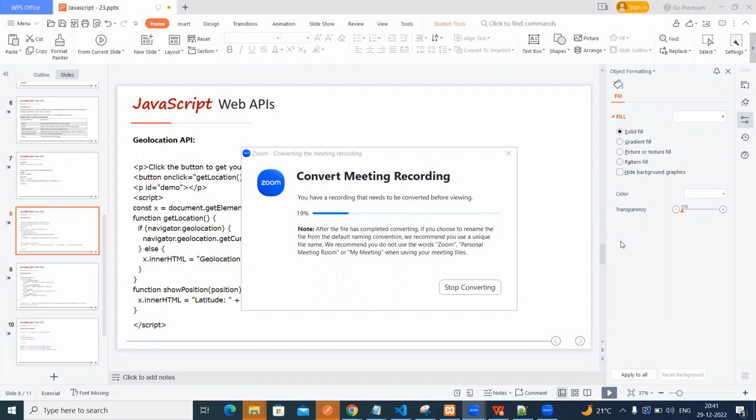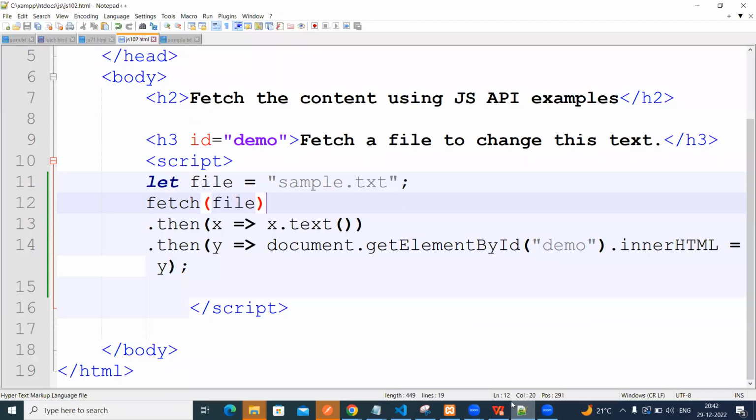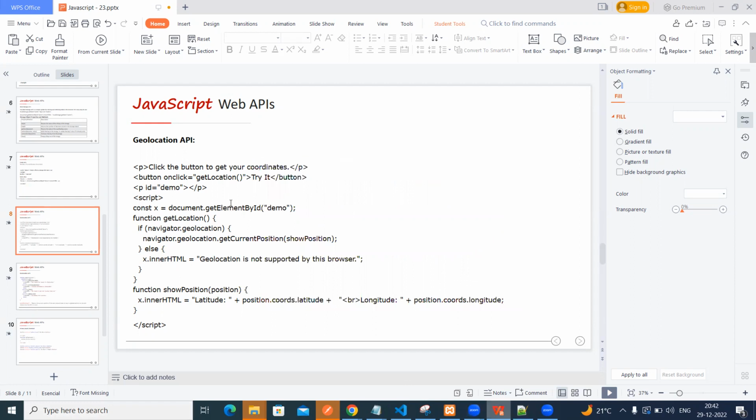So in real time, if you want to do vehicle tracking or similar things, using only this browser geolocation we can track the status of that vehicle or anyone. Okay. So now you can see how we can get the current location of the user. So first,